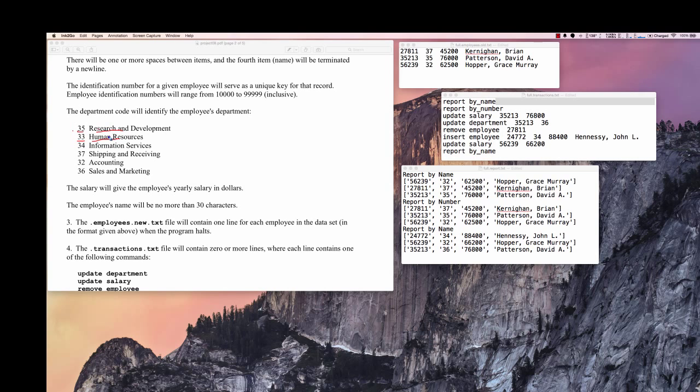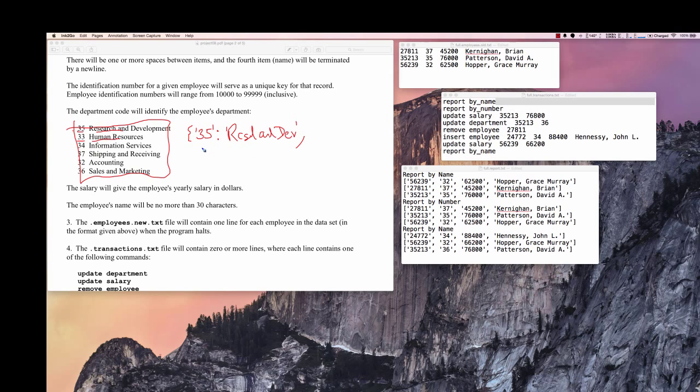And what I'm going to do is put that information into a file. I'm going to read that file, and then take that and put it into a dictionary. So it will be something like, my dictionary will say the number 35. I'm thinking I'll leave it as a digit. Maybe I'll want it as a number, but I think not. And that will have the string research and development,